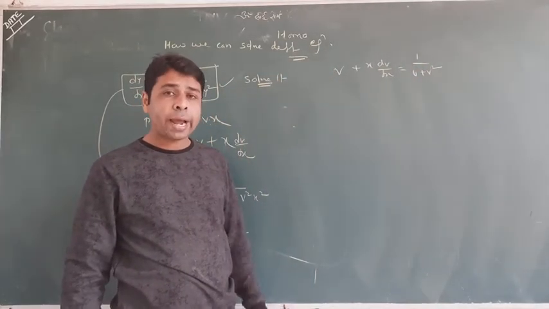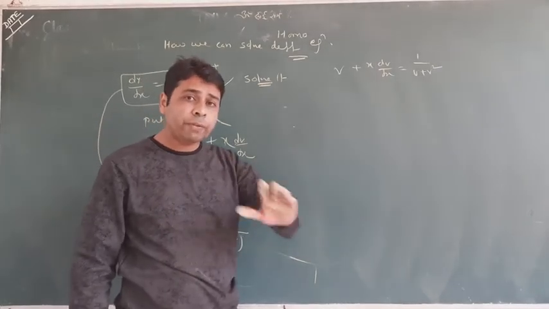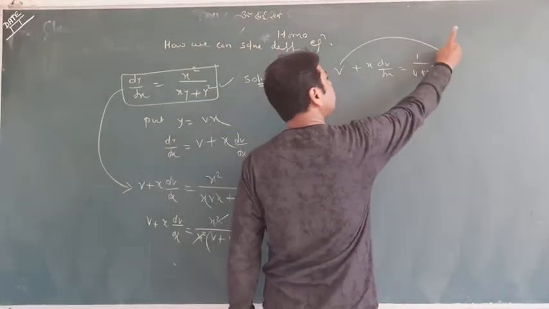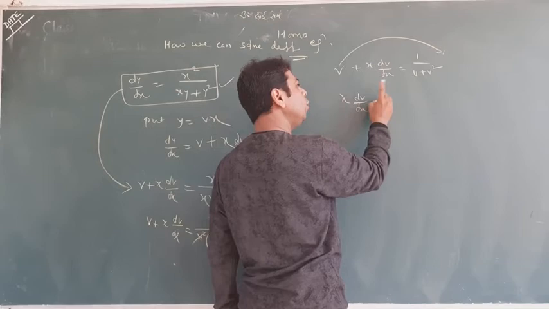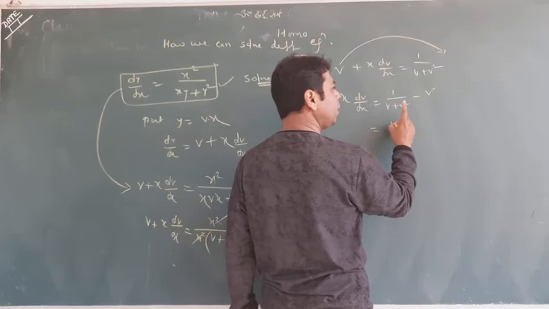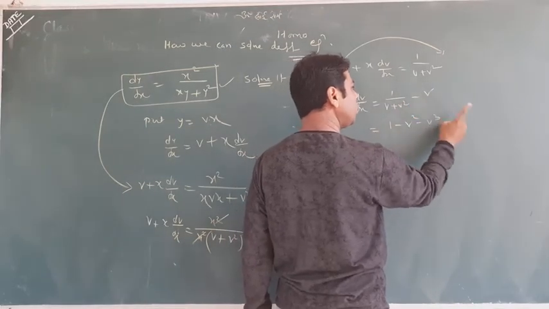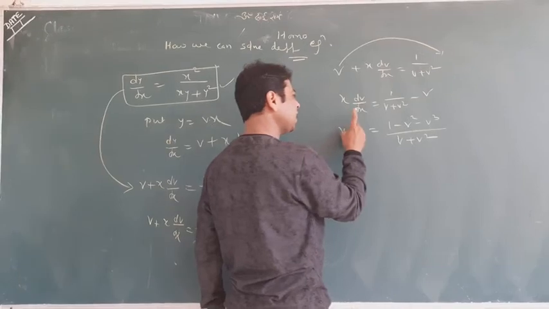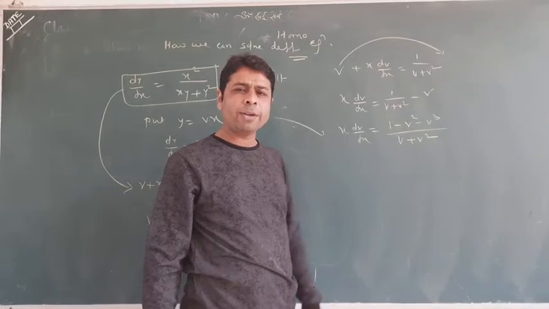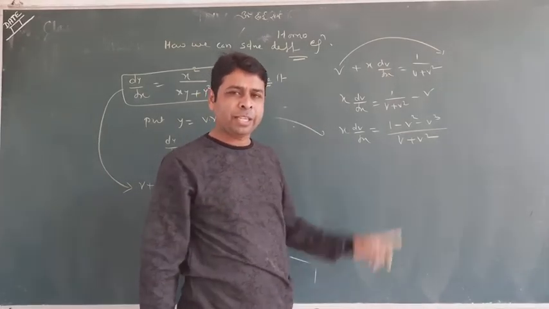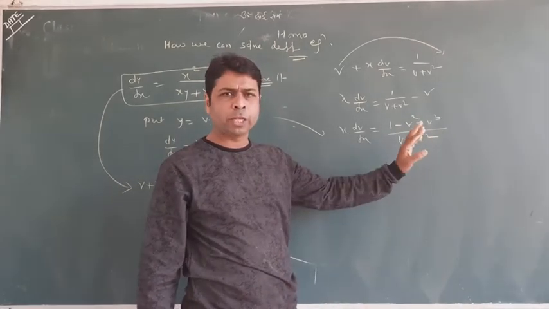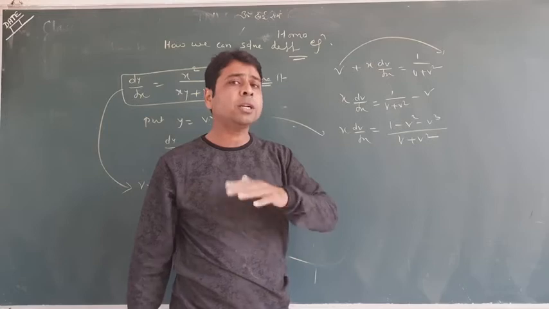Now what will we do? This condition will definitely be the same in all such kinds of questions. We will transfer v to that side, always the same. v plus v square minus v; we take an LCM, 1 minus v square minus v cube upon v plus v square. This is x dv by dx. Look at the equation. This equation now has two variables, x and v, and it can be changed into variable separable, because it is all terms of v, maybe plus or minus, no matter at all.